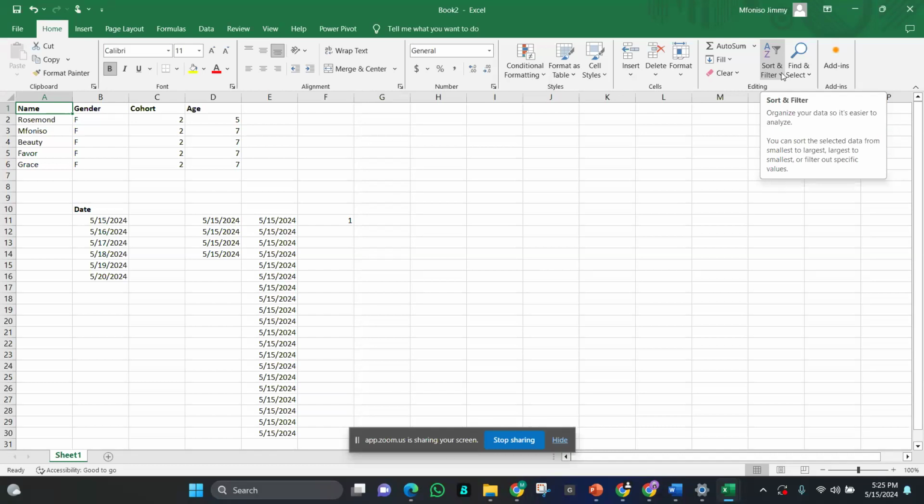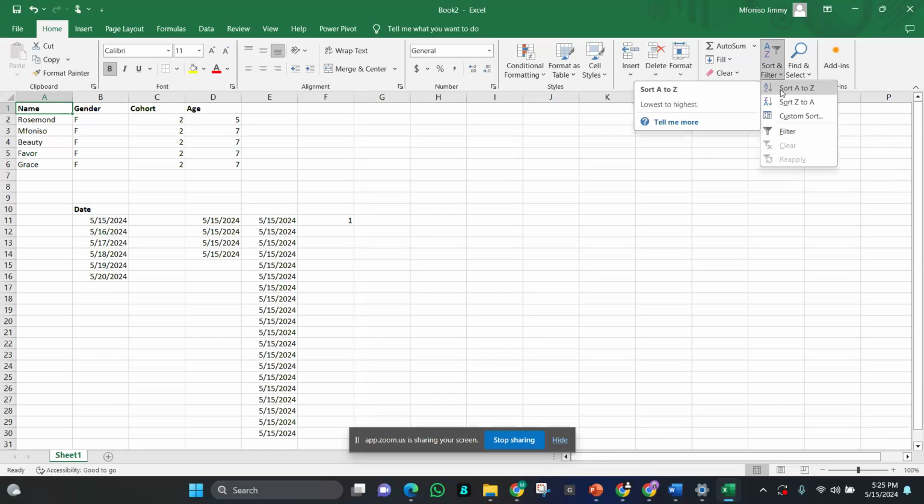Sorting and filtering sometimes come hand in hand depending on what you're working on. The good thing is Excel has it sorted out for you. You could just come here to click. For example, here I might choose to sort from A